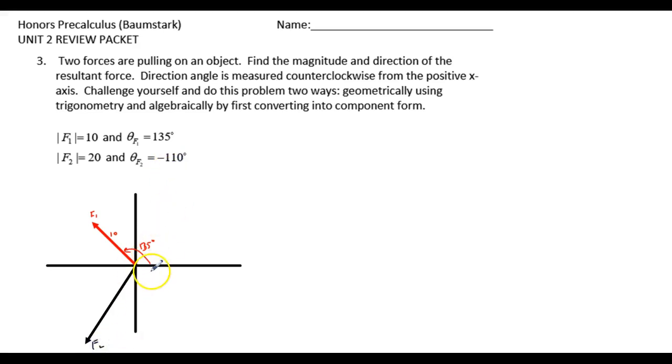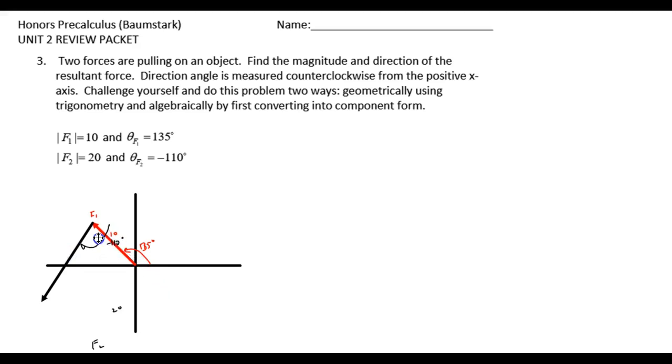It's making an angle of negative 110, so that's what this is here, negative 110, and its length is 20. So we want to add these two vectors. Right now, remember, when we add vectors, you have to put them head to tail, so my diagram here is not really set up for an add type problem, so I'm going to go ahead and just slide this up here, put it head to tail, and just to kind of see what's going on, I'm going